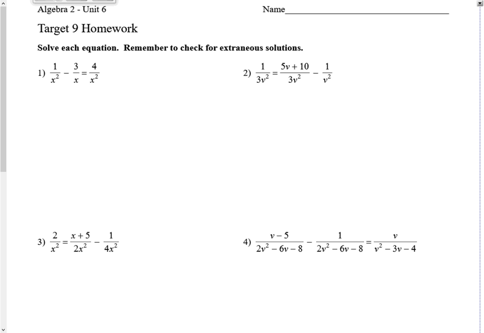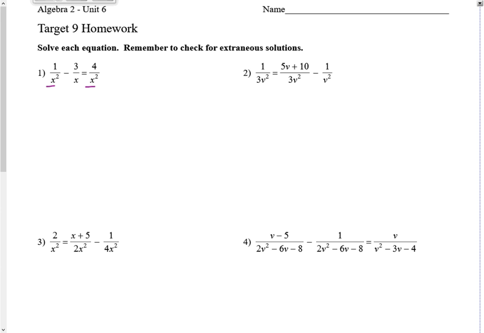Today I will be going over Target 9 homework. Target 9 homework is on solving rational functions. Remember, the first thing we're going to have to do on all of these problems is get a common denominator throughout the entire problem. When I look at number 1, I notice I have a common denominator of x squared